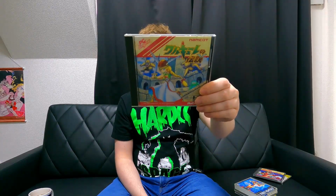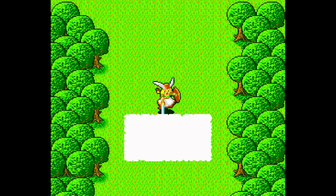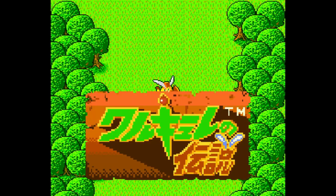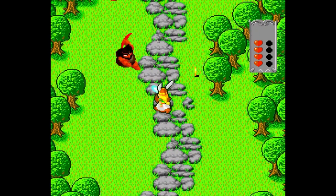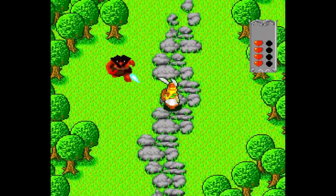Next up, also by Namco, and this is part of a whole series of games. Actually, my good buddy Jimmy Hoppa loves this series, and he's done, I think, full-on retrospectives of it, so you can go and check that out. But this is Valkyrie No Densetsu. I think the original Valkyrie game is kind of an action RPG, I suppose. This was a follow-up that was created for arcades. So this was originally an arcade title and got ported over to the PC Engine, and what it is a